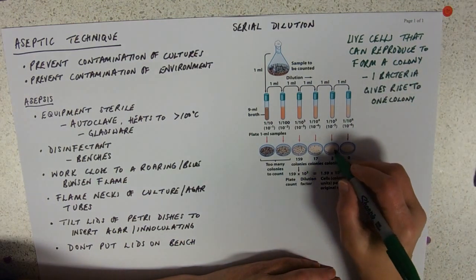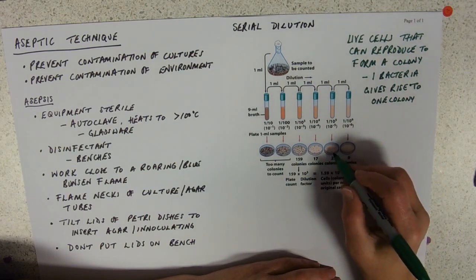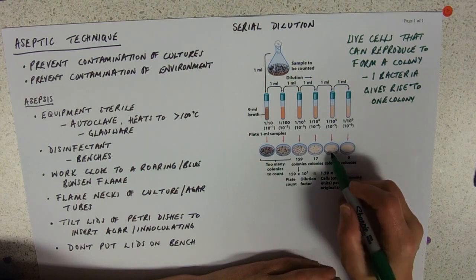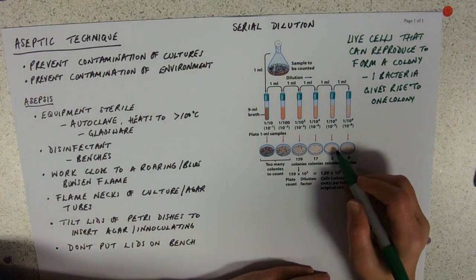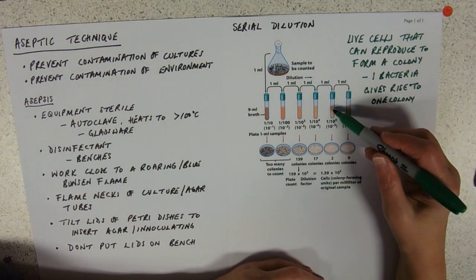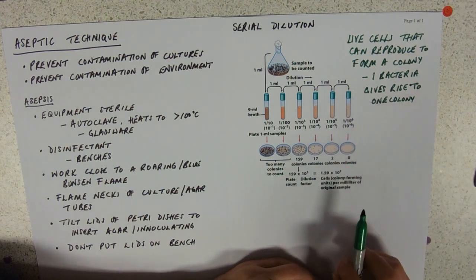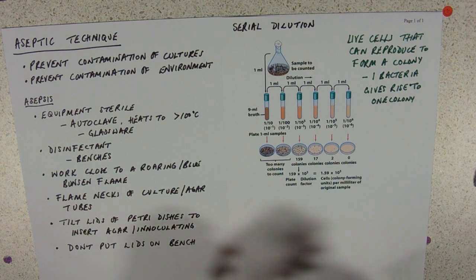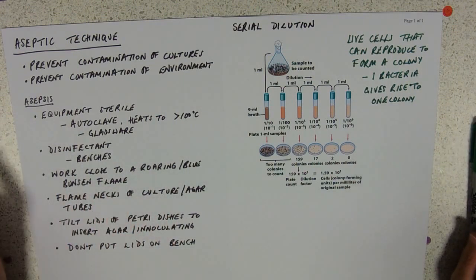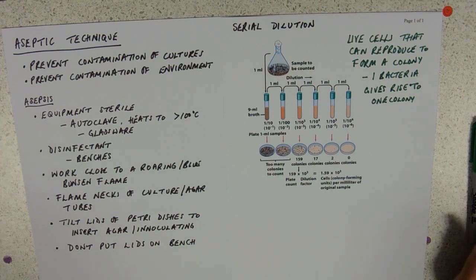So here, what we're saying is we've got 2 colonies on there. That means that of the 1 ml that we've transferred and spread out on the plate, there's 2 live bacteria. Each one of those has reproduced to give lots of bacteria and make a visible colony. So we can say with confidence, okay, we've got 2 bacteria per milliliter in there. So that's the whole principle. Now obviously, in terms of questioning and testing your mathematical skills, they might ask you to calculate the dilutions that you are dealing with. So if I just draw